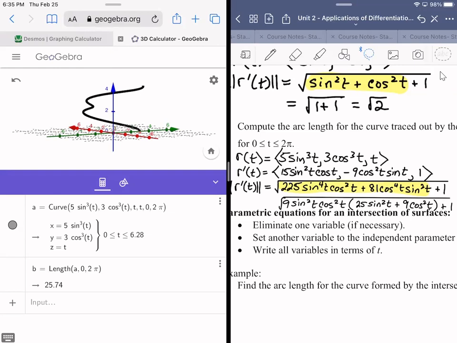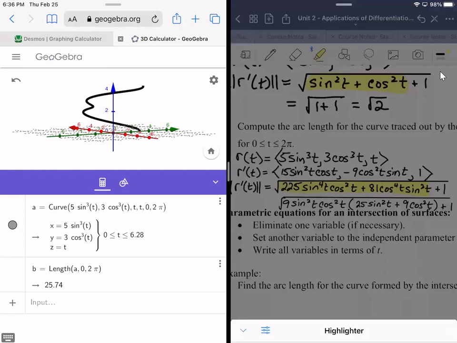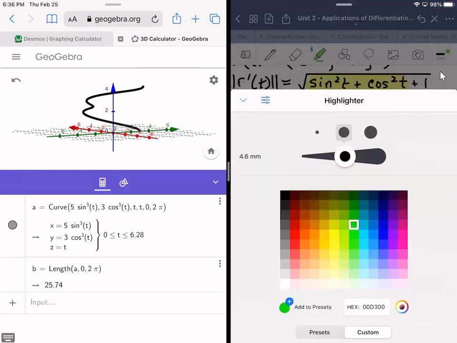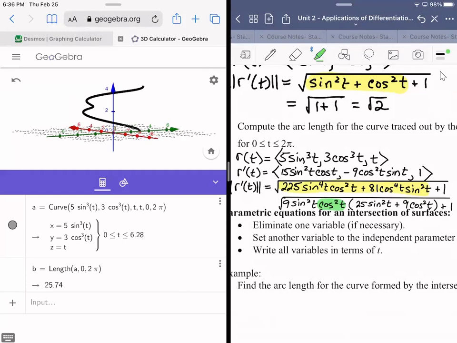Other options, other possibilities, if you really want to go down the road, you have sine squared and cosine squared values. So I'll show you the next step, just in case you do want to go down that road. You could replace either the sine squared or the cosine squared with its Pythagorean identity equivalent. All right, so I'll replace the cosine squared. So we would actually make this 9 sine squared t times 1 minus sine squared t,